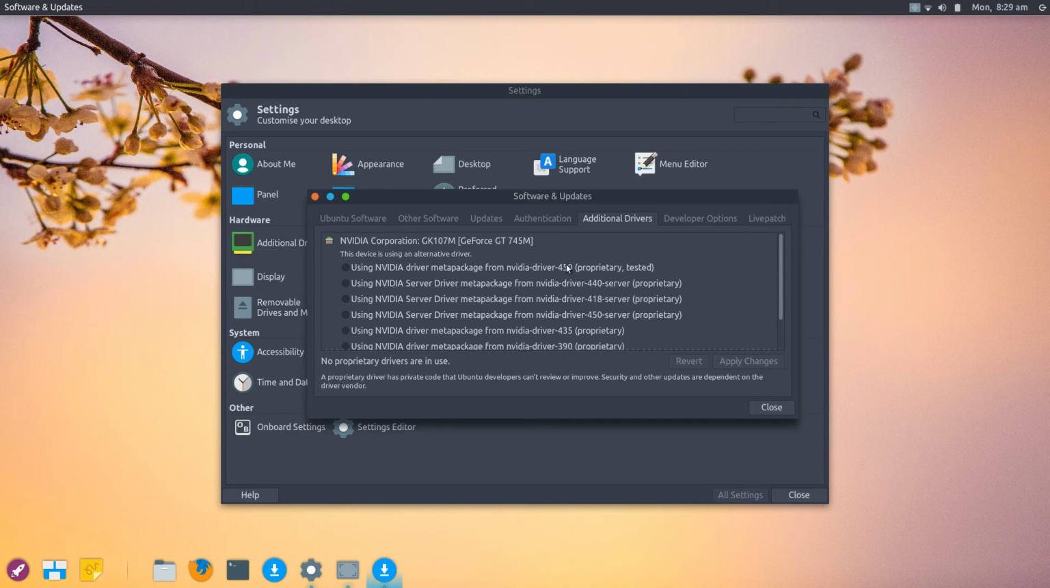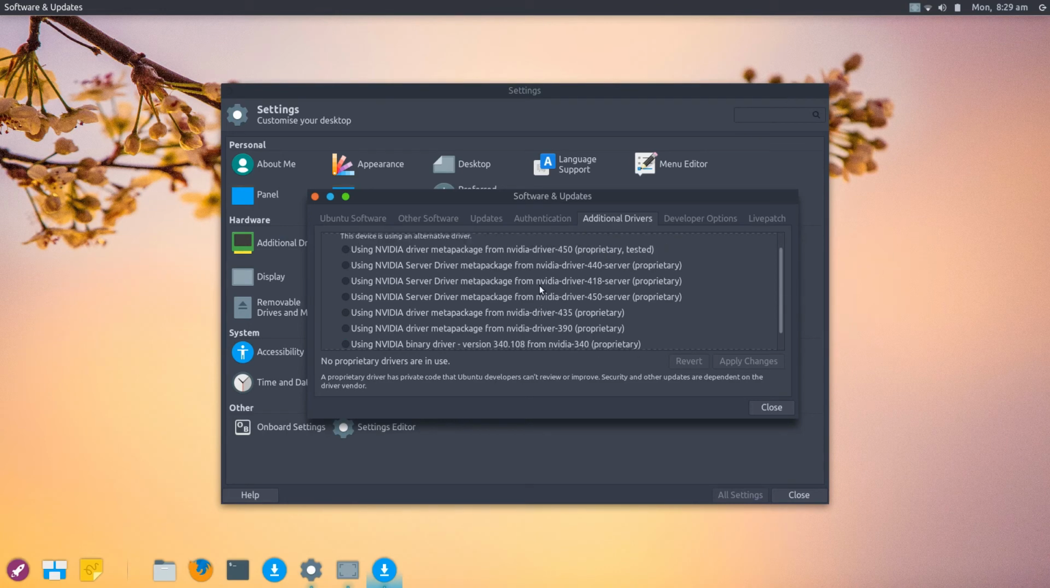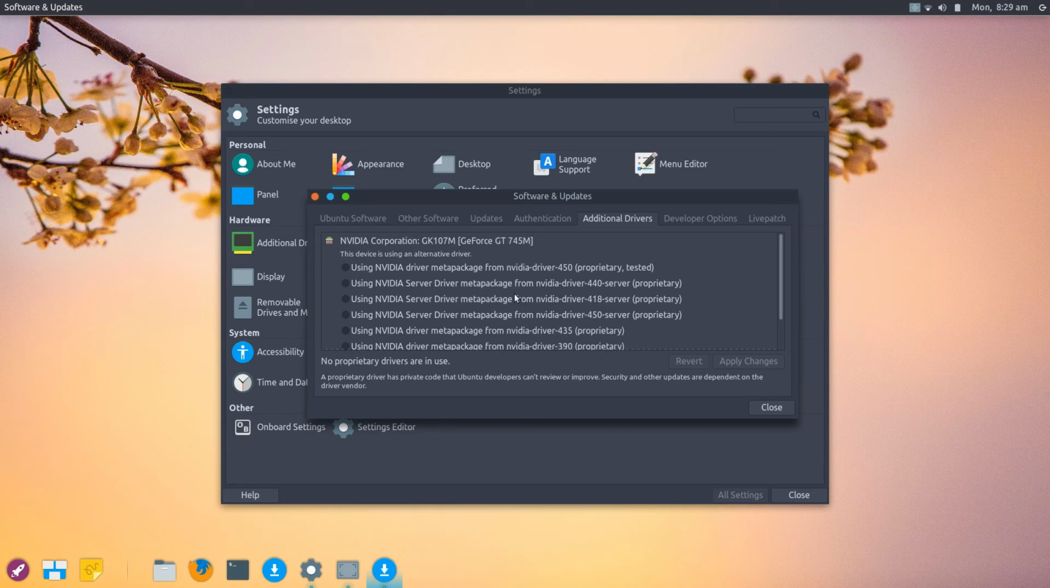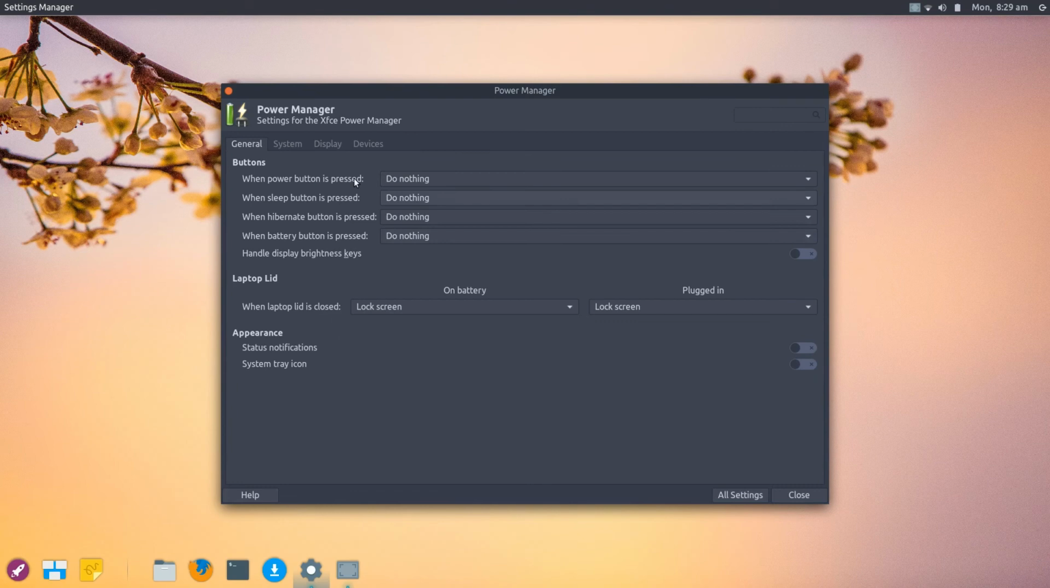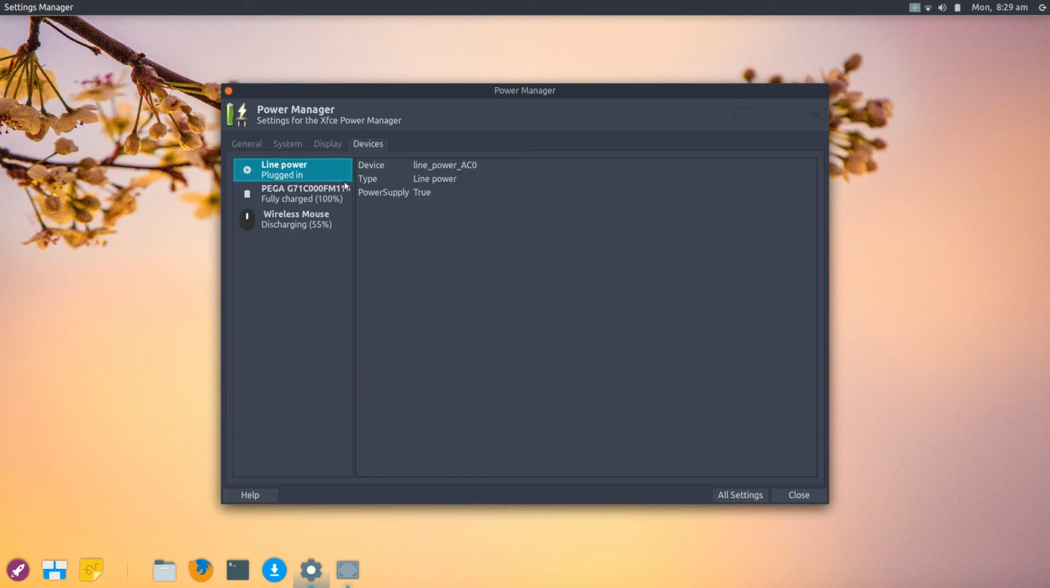I had this many NVIDIA options on Linux FX as well, and I picked the most recent, and that was working fine. So no doubt, because this is the same computer, my Toshiba laptop, that would work as well. So you've got Power Manager here, got options for power managing, devices,